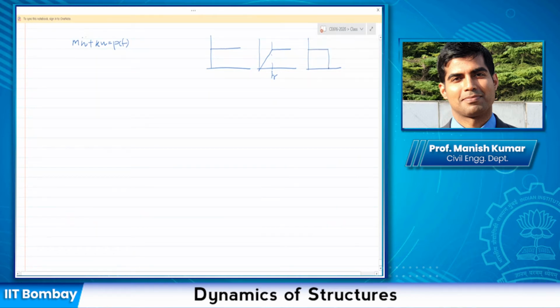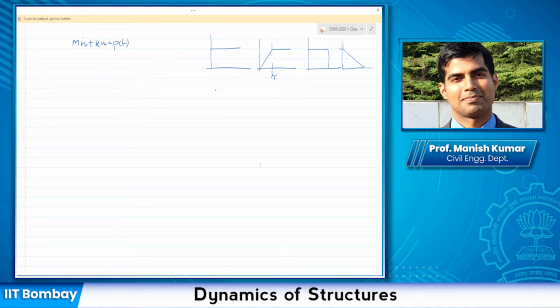As we described, a pulse is basically a finite duration loading that is applied over a finite amount of time and then it is removed. So this is a pulse type motion, and we discussed how to get the response subject to this. The pulses we considered were rectangular pulses, and then we also discussed triangular pulses. And we said that we are going to utilize the same procedure for all different types of pulses.